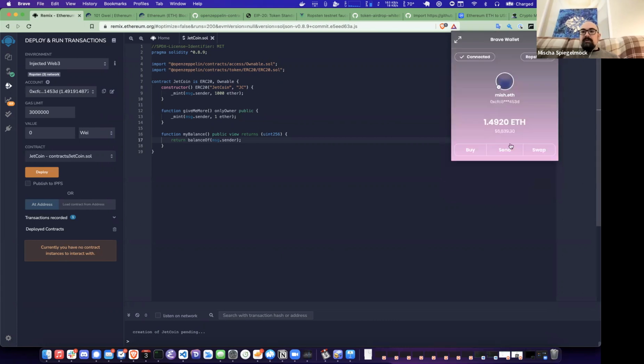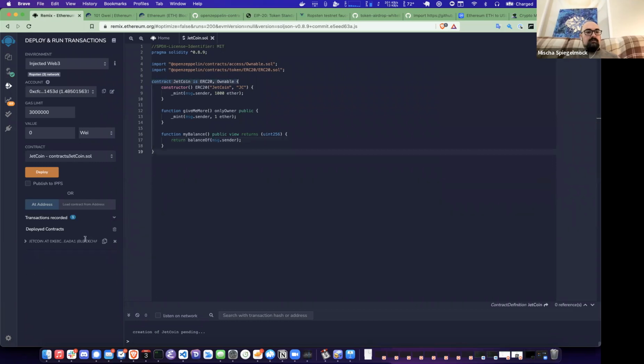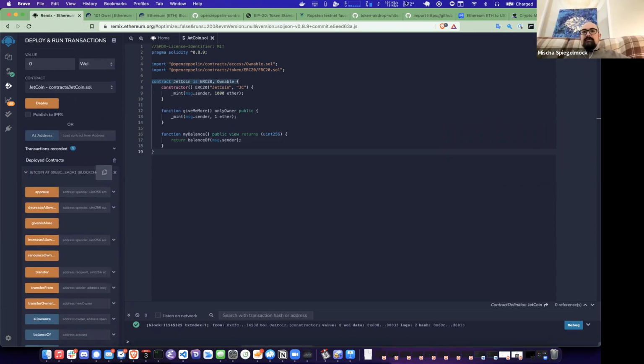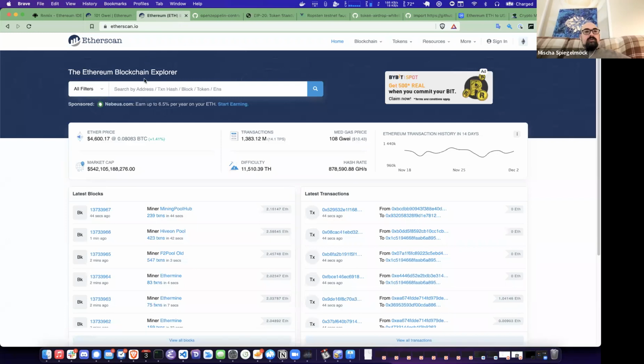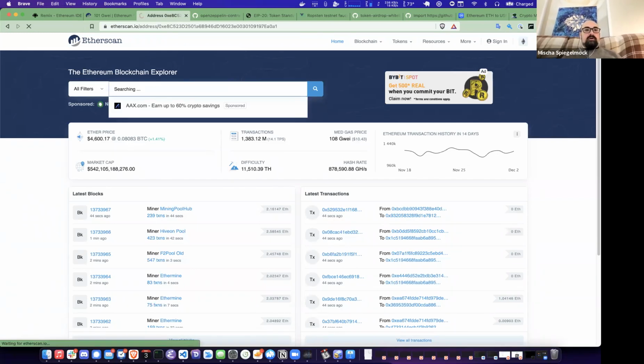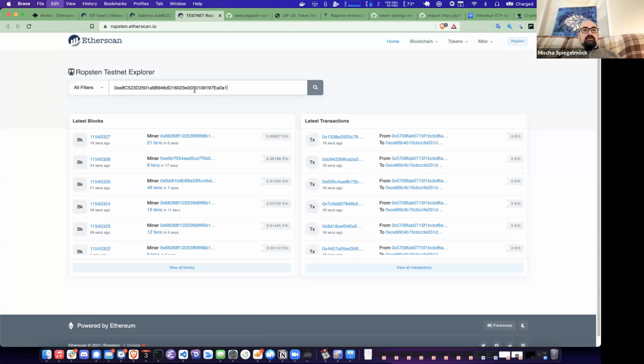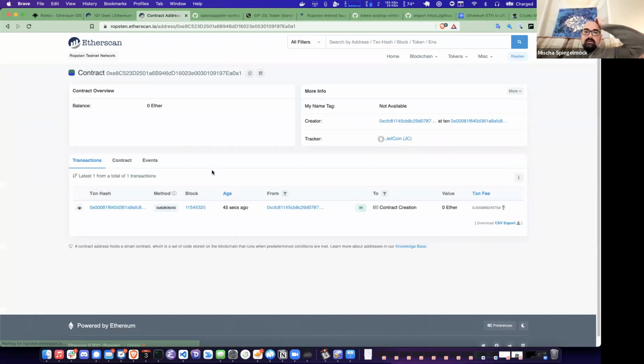So if I go ahead and confirm, let's see, did that work? Yeah, okay, it worked. So the contract is deployed here, and we can even look at the address of the deployment. There's a useful tool called Etherscan, where you can go look up any address. It can be a contract, a wallet, whatever. And if you go on Etherscan, you can change from mainnet to, say, ROPSTIM, and we can take a look on ROPSTIM at that contract. So here it is. This is me. We created the contract. So now it actually exists on a blockchain somewhere. It's not the main one, but it works exactly the same.